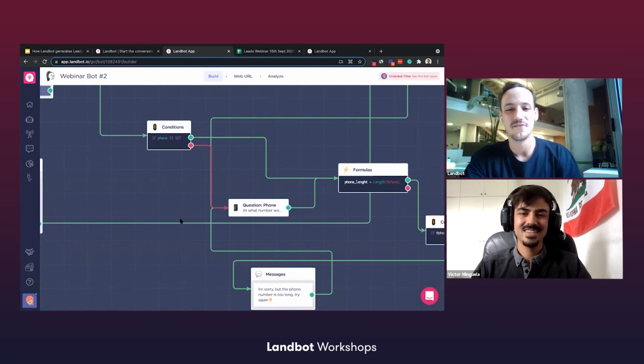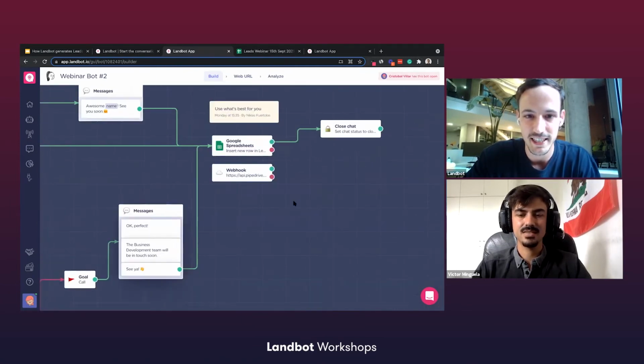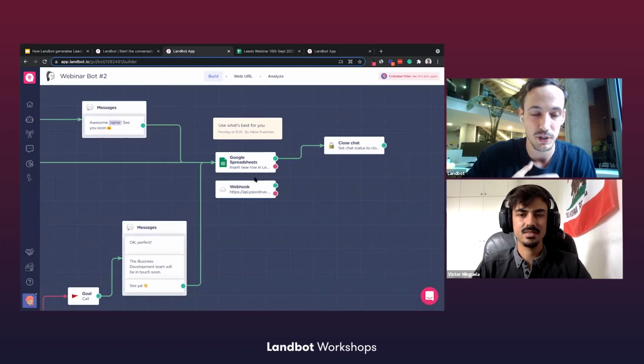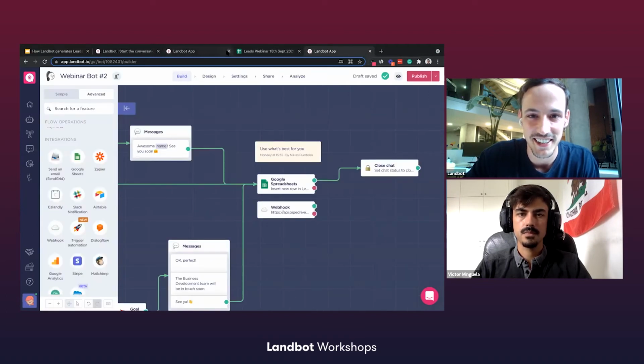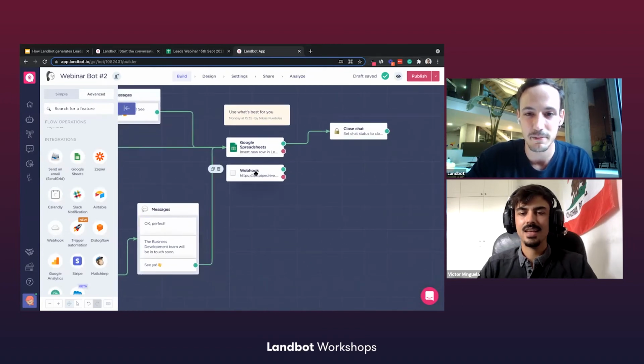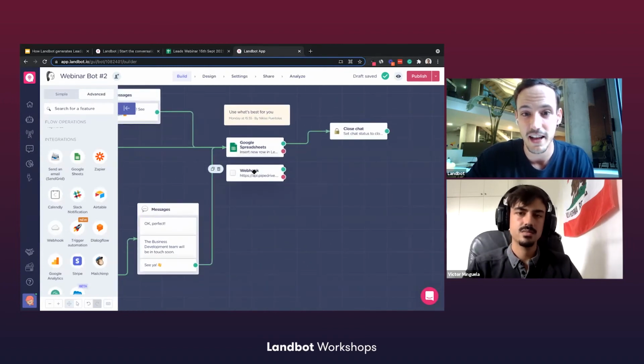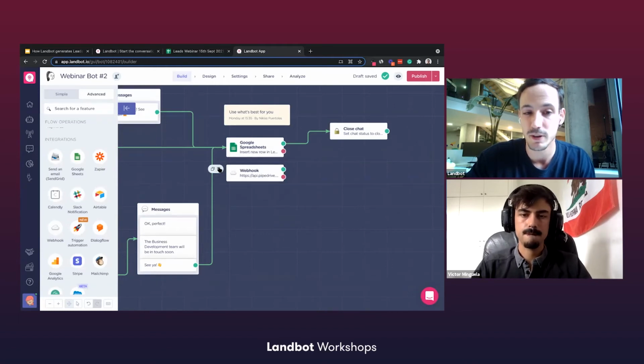All right. So in our case, we're using the Google Spreadsheets integration. And in our real lead generation bot, we are using webhooks because we're connecting it to Pipedrive. So it's actually myself with the bot open in a different tab. I believe it's probably this one. Let me close the previous one, I was just switching tabs. As I was explaining, in our case we use Pipedrive, so we better have a webhook block. But it really depends on what tool stack you're currently using.